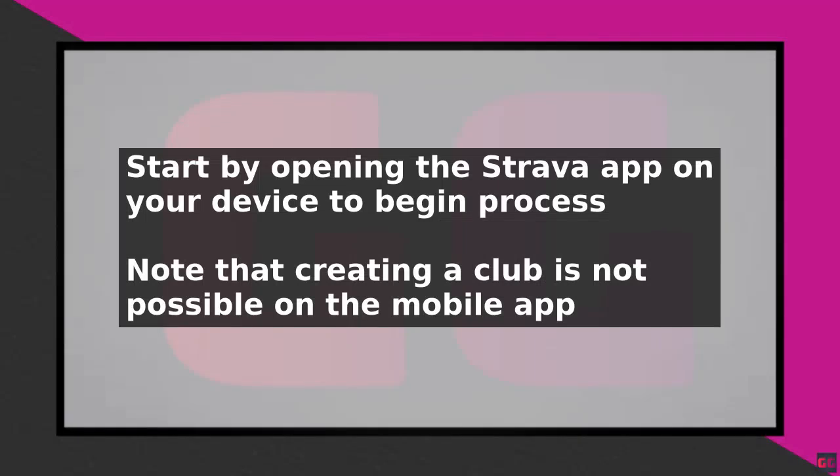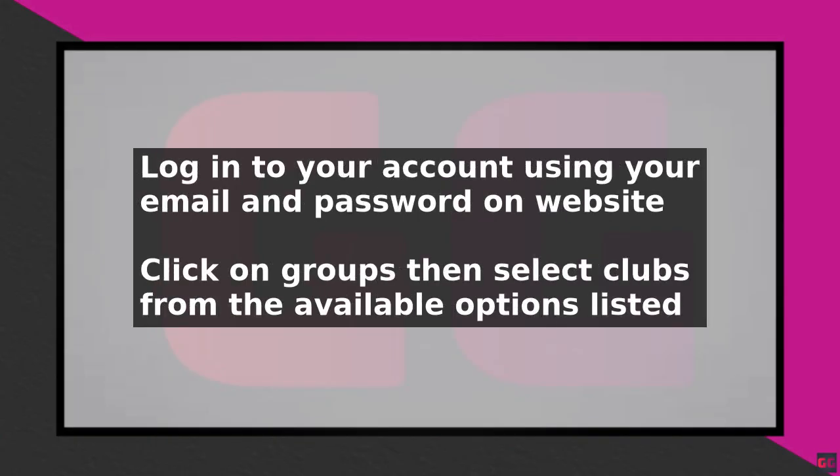To create a club in the Strava app, start by opening the app on your device. However, it's essential to note that creating a club is not possible on the mobile app, and you will need to visit the Strava website instead. Once you've logged into your account using your email and password, you'll see various options, including maps, record, groups, and